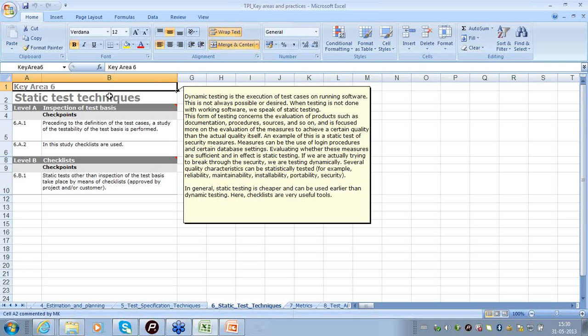So if I am a test engineer, I am going to apply static test techniques to evaluate a particular software. I will not actually run the software and execute my test cases. Rather, I will look into the design, look into the implementation, look into the requirements, look into the integration, and I will comment about different methods, techniques used to implement different functionalities.